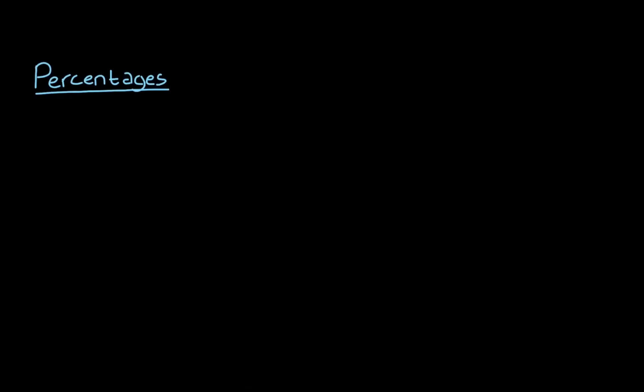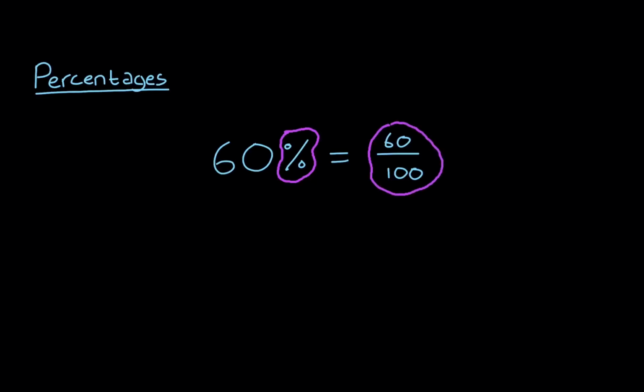So today we'll have a look at percentages. Percentages can be written in this way, where this symbol is used to represent a percentage. A percentage is essentially saying a number over 100. So 60% is the same as saying 60 over 100. It's basically a proportion of a number, where 100 over 100 is a whole,